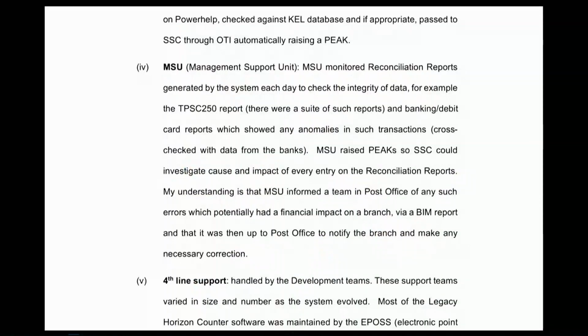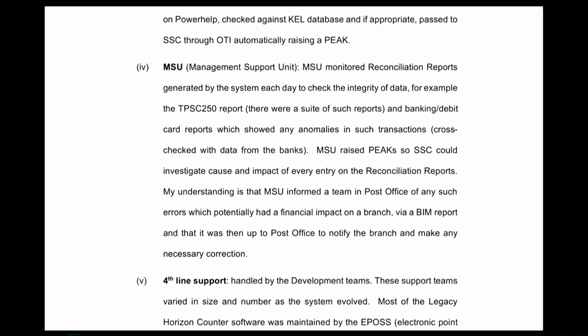And further on this issue of passing things back to the Post Office and then down to the sub-postmaster, can we look please at paragraph 42, Roman 4, which is on page 12 of your witness statement. You just scroll down, thank you. This is the part of your statement where you're describing the teams that were working in this area.